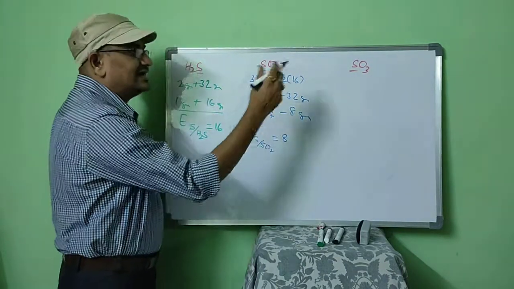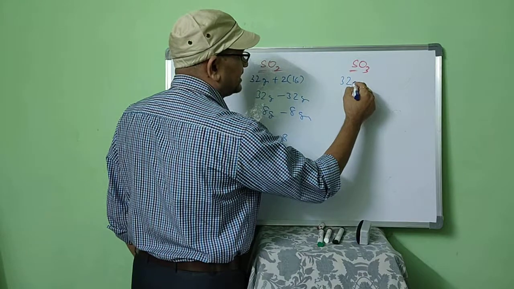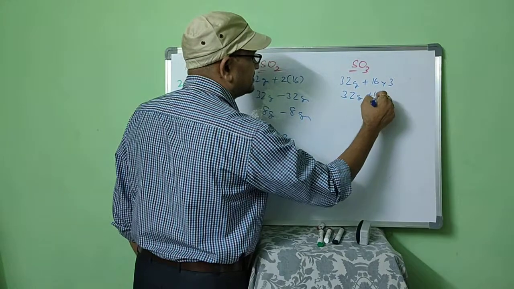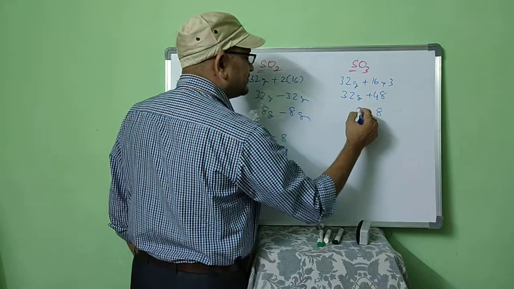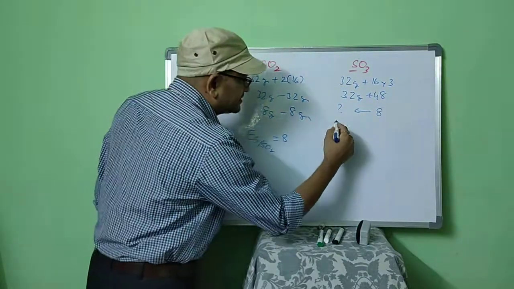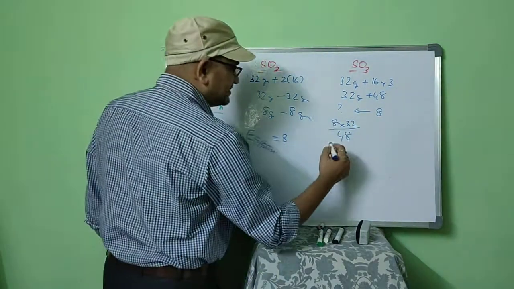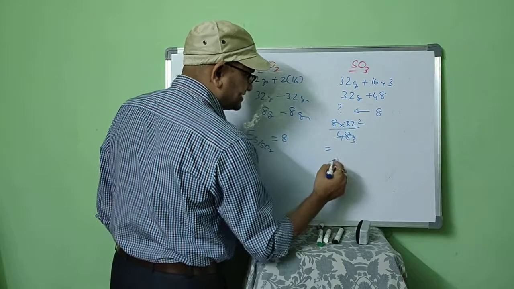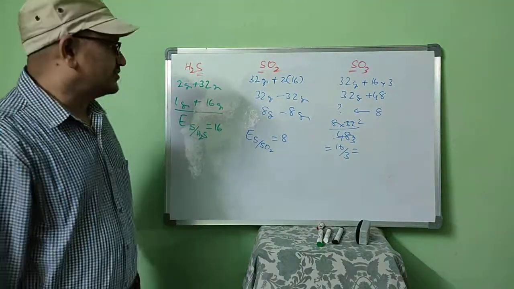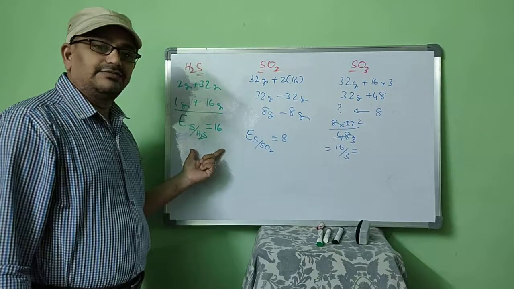For the same sulfur, let us find the equivalent mass in another molecule like SO3. Here 32 grams had combined with 16 into 3, which means 32 grams combined with 48 grams. Then with 8 grams of oxygen, what mass of sulfur had combined? That itself can be called the equivalent mass of sulfur. So 8 into 32 by 48. Simplify this, 16 2s and 16 3s. So 16 by 3 is the equivalent mass of sulfur. In this way, the sulfur is the same everywhere, but its equivalent mass is varying.